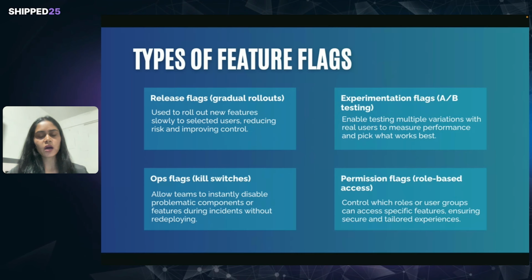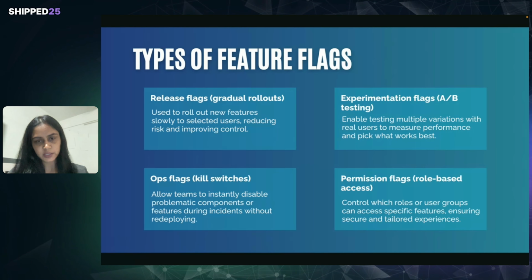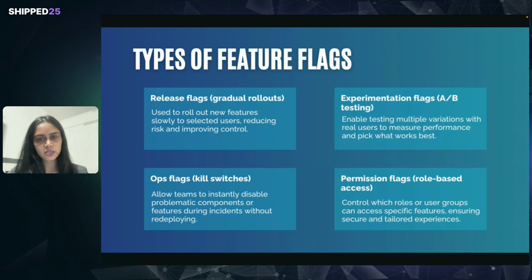And I have seen outages that were prevented purely because a kill switch existed. So in these cases, ops flags play a really important role. And then we have one more type here, that is